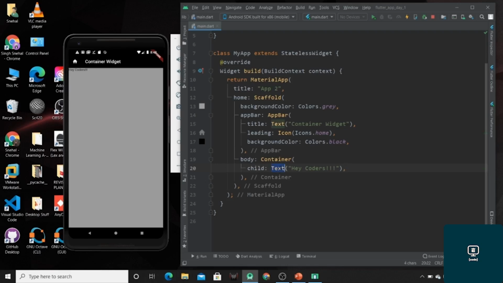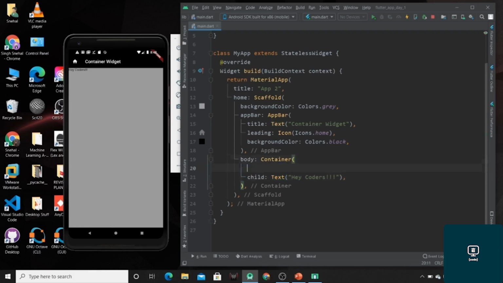By default it is at the top left corner of our page. So this is the position of our container. As we haven't changed the color of our container, it will take the color of the background or scaffold by default.